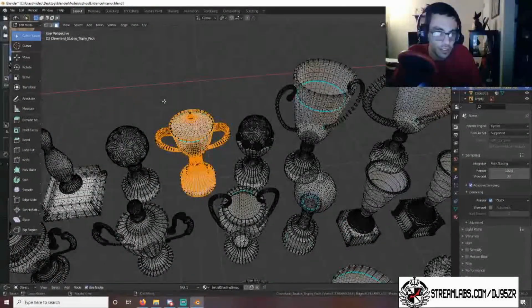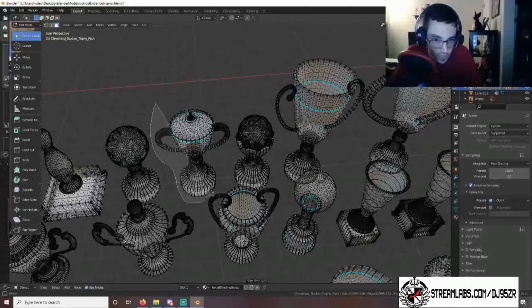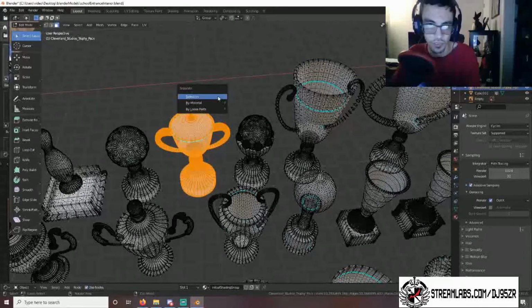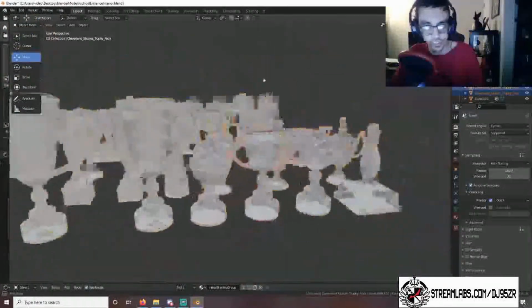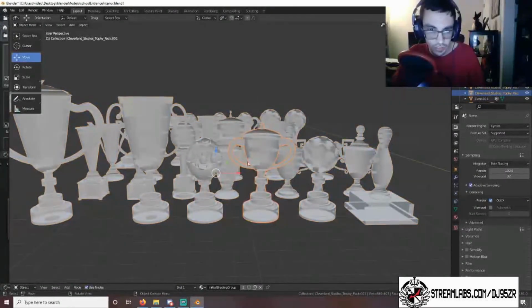I'll have to do it again because I forgot to select that. Okay, and we're gonna do P by separate by selection. Okay. Object mode. And basically, we're gonna do this for every trophy that we like. And